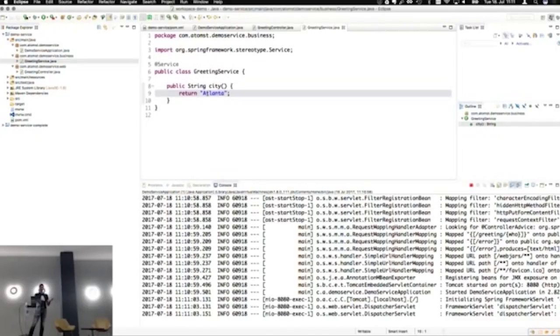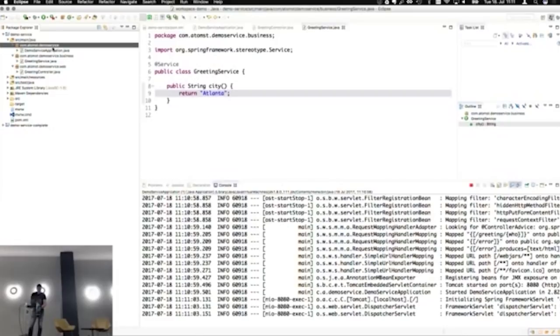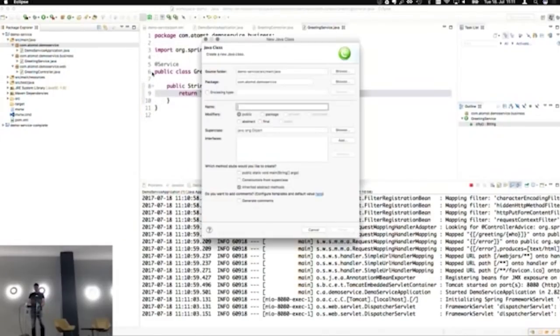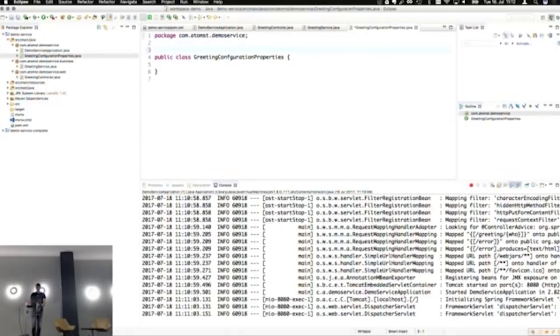Again, there are a slide full of ways of doing this in Spring. I'm going to show you the Spring Boot way, maybe a little bit more complicated, but it's very extensible and it helps you to inject structured configuration data too. So I'm going to create a configuration property, and then map that into a property file. So first of all, I'm going to create a new class, Greeting configuration properties.